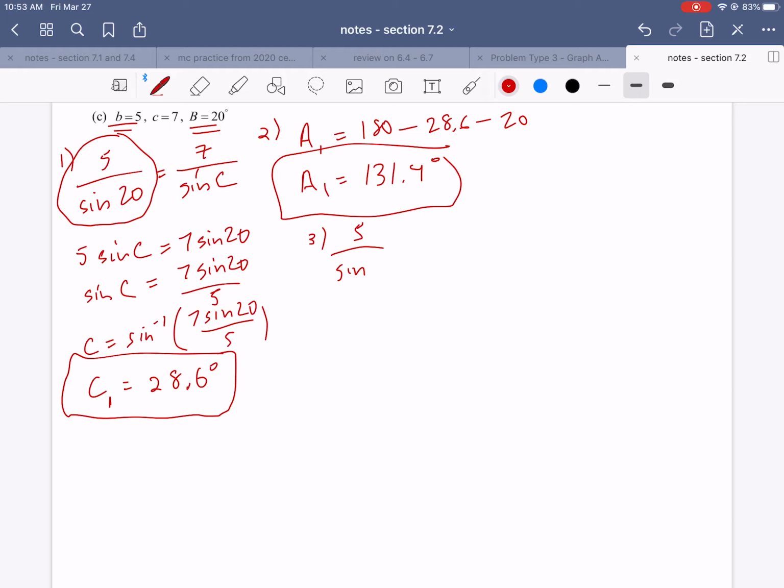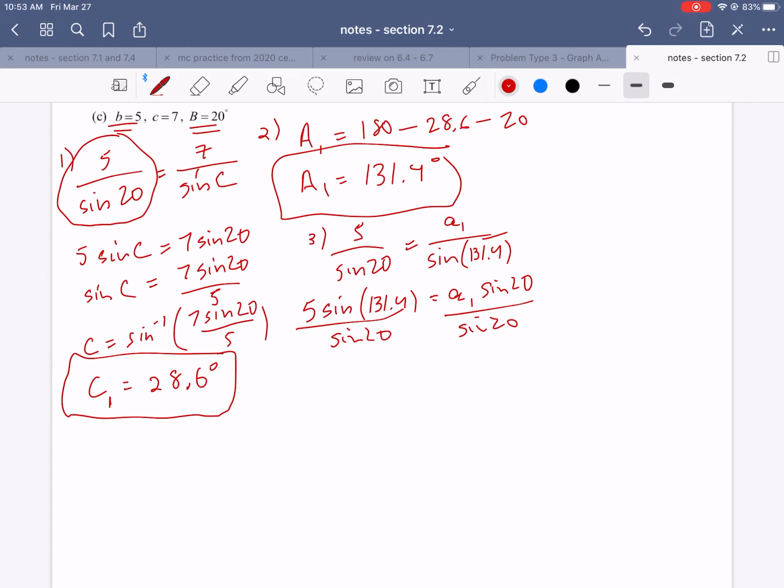So 5 over the sine of 20 is going to equal little a1 divided by the sine of capital A1. And again, try to use that unrounded version if you can by just going up and grabbing it in your calculator screen or storing it in a variable if you know how to do that. And so now I'm going to cross multiply. 5 sine of 131.4 is equal to little a1 times the sine of 20. And to get a1 by itself, we're going to divide by sine of 20 on both sides. So little a sub 1 is going to equal, when you punch that into the calculator, round to the nearest tenth,